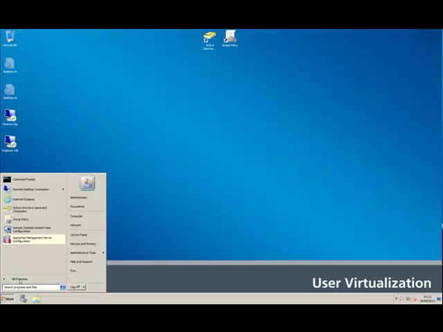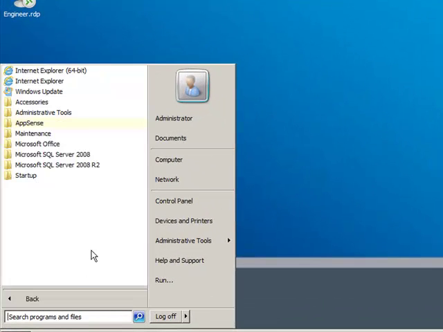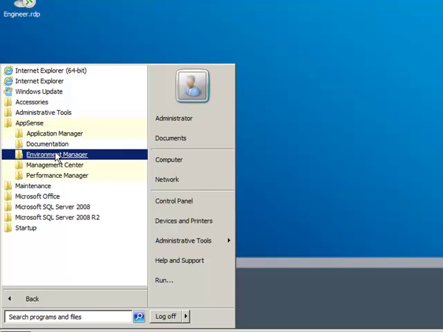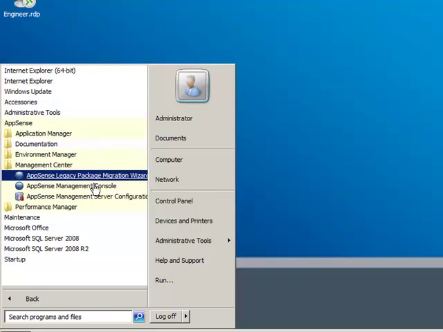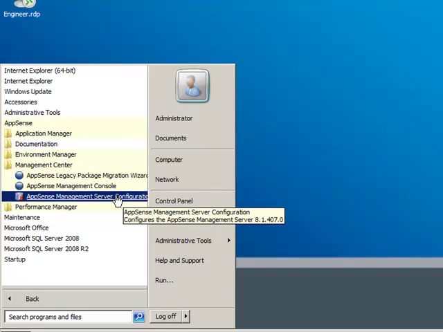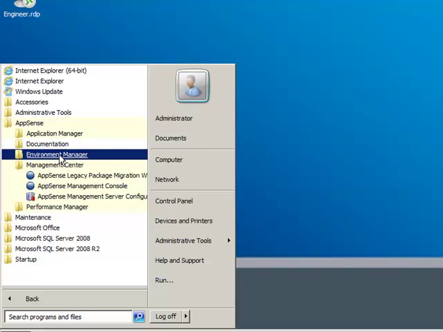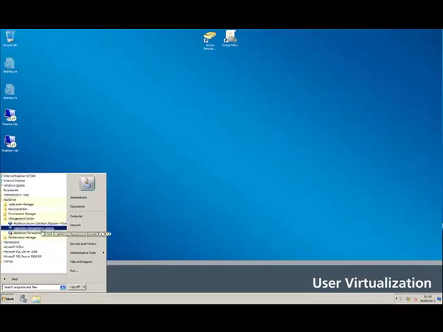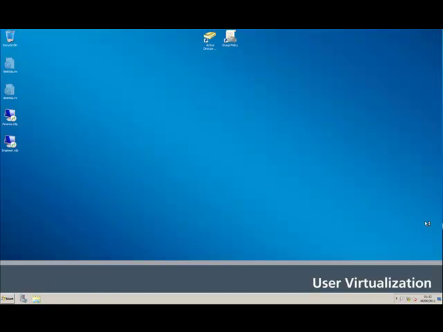To do this, remember from the previous masterclass, we have AppSense that has been installed in the following areas. Now you'll notice that each of these has a console. For example, the AppSense Management Center has a console, and we also have the server configuration utility. So we need to run the server configuration utility for the Management Center, for the Environment Manager, and also for the statistics control of Performance Manager. So we'll start with the Management Server. And if we run this, this may take a few seconds,